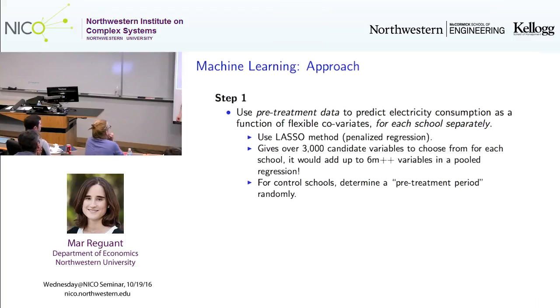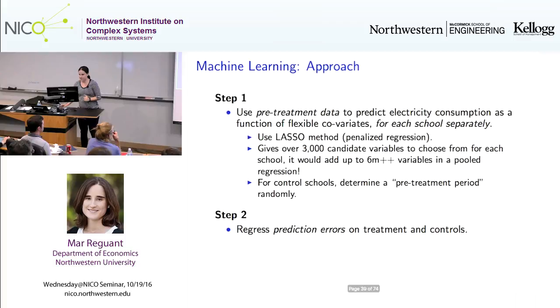Now, control schools, we don't have a treatment date. They didn't ever do an intervention. But basically, we randomly set a pre-period. And you can think of the control schools as being a good test of how well the model is doing. So if you manage to do a good prediction for the control schools, nothing happened there. So it's sort of telling you that the model is doing at least good on average. Once we have this prediction for every school, what we can do is look at the differences between their actual consumption and our prediction and focus on that in our second step.